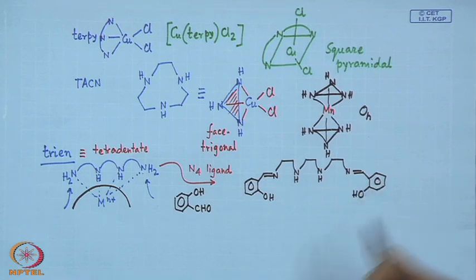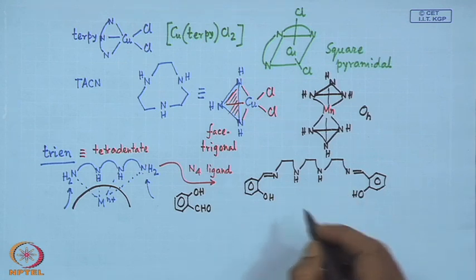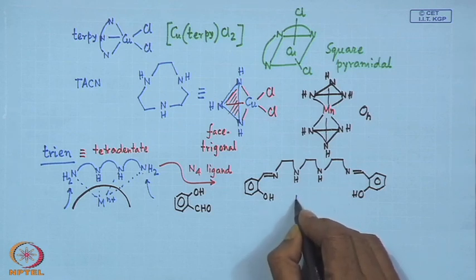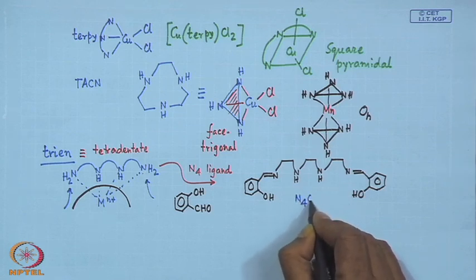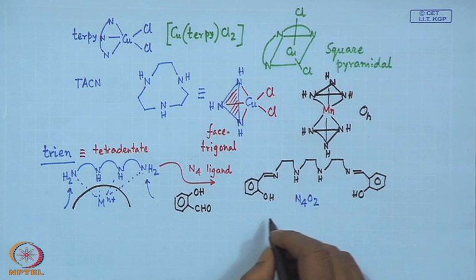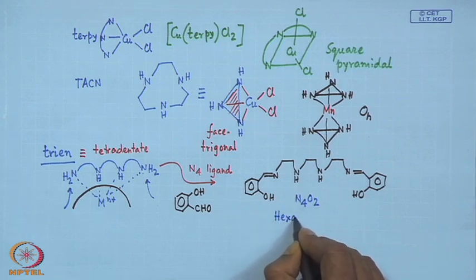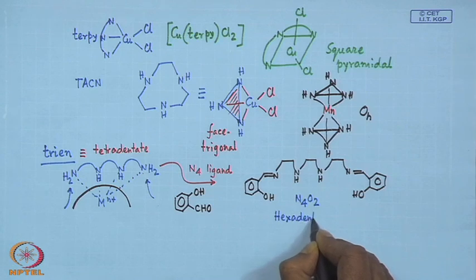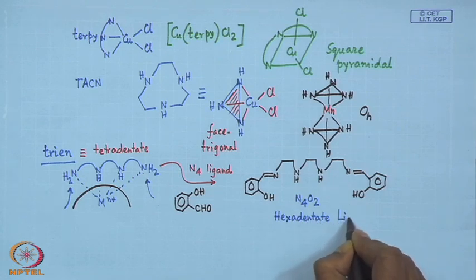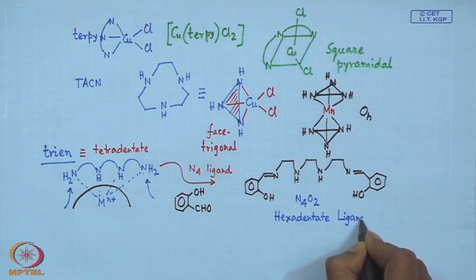So, in a simple reaction of Trien with salicylaldehyde, we get an N4O2 type hexadentate ligand,